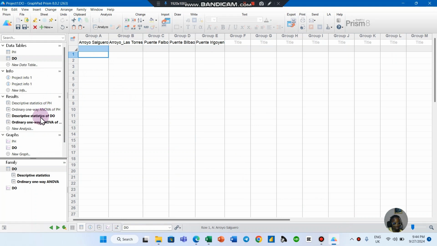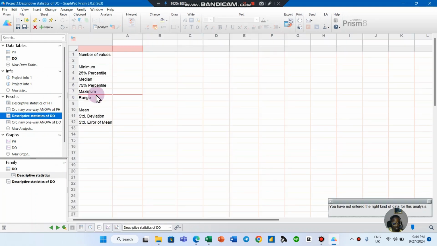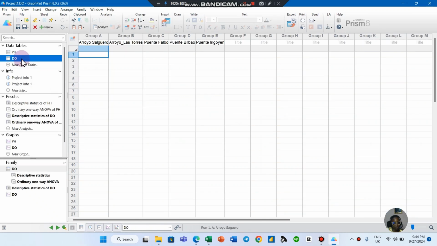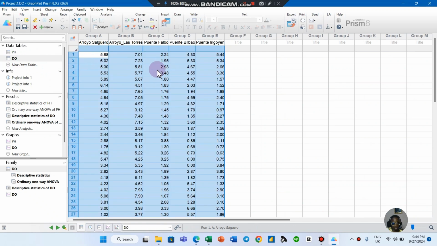Let's check what is in the result sheet before. You can see there's nothing there because there's no data there, right? But if I go back to the dissolved oxygen sheet now, if I paste the data there now,